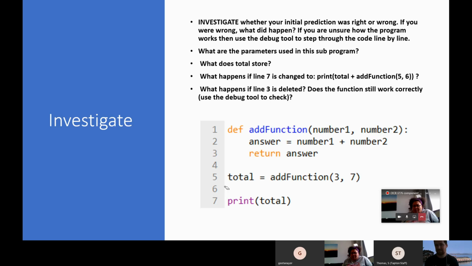Add function 5, 6. So everything else runs exactly the same, but line 21 is just the one line. So we'd have 21. So we'd be adding 5 and 6 together, and that total would be added onto the initial total